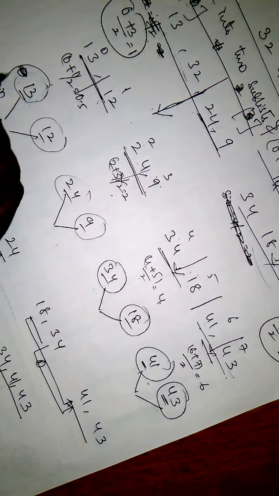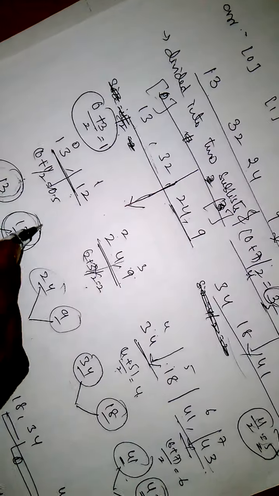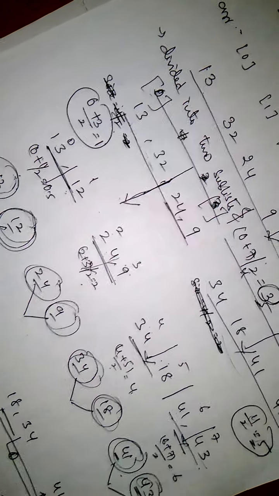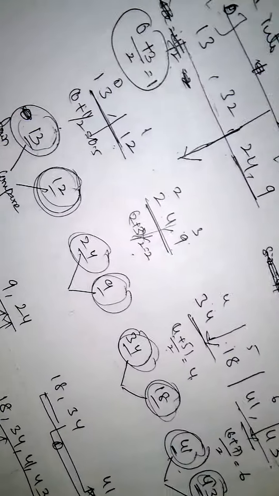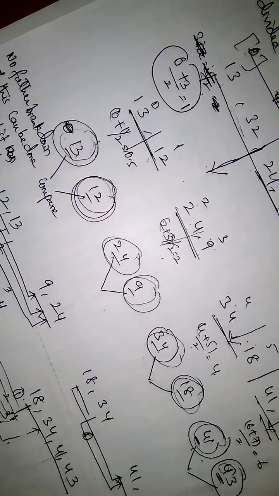Now, if we have n elements in an array, how many sublists will we get? n sublists we have to partition. Okay, now the partition is completed, that is the first part. And the second part is that we have to merge them. How will we merge? By comparing adjacent lists and putting the elements in sorted order.